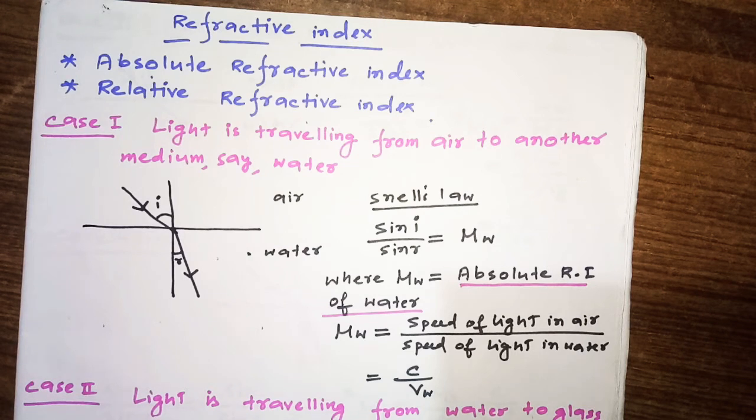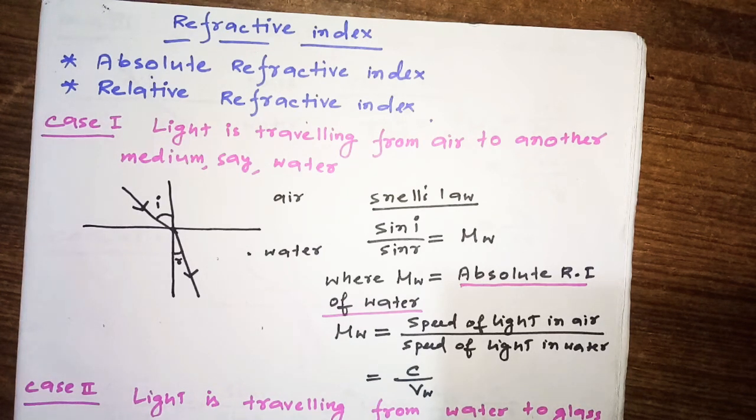Water. And we know, since water is denser than air, so what will happen? The refracted ray will bend towards the normal, right? Now in this case, if I use Snell's law, what will happen? Sin i by sin r will give you the refractive index of water, okay? And in this case, the refractive index we are talking about is nothing but the absolute refractive index of water,